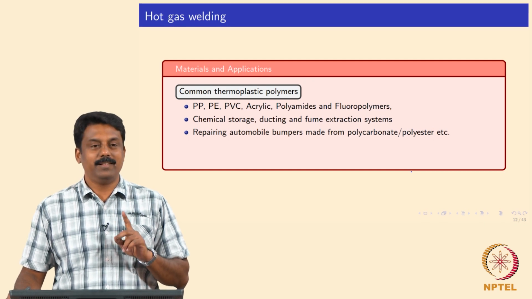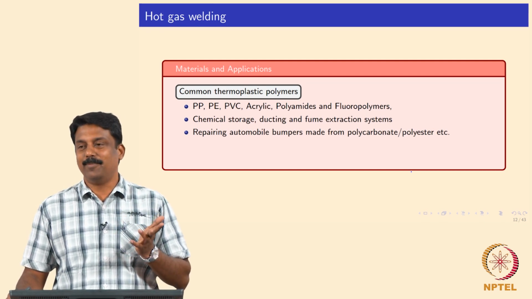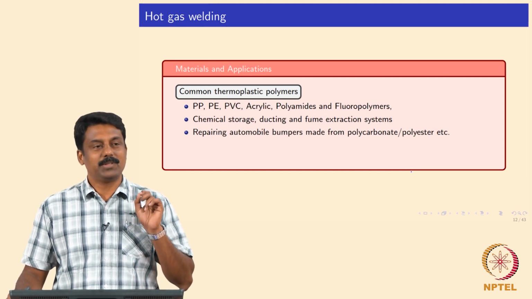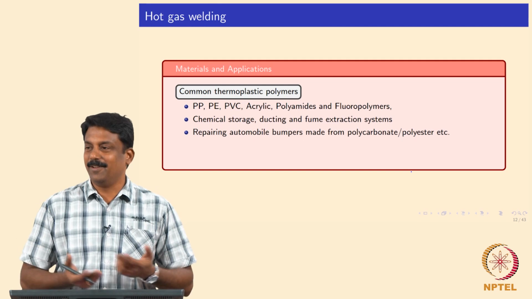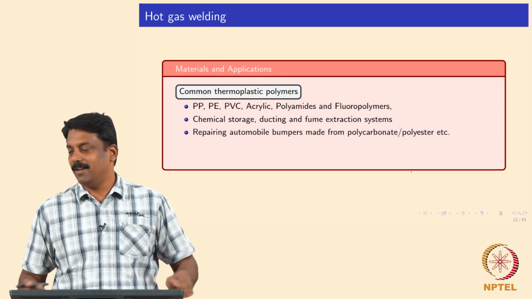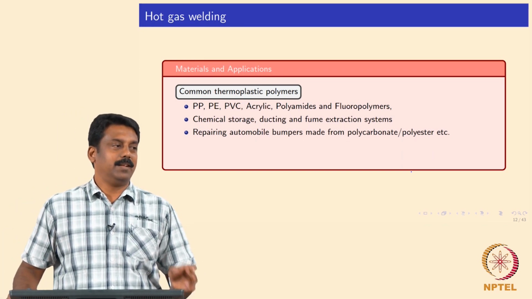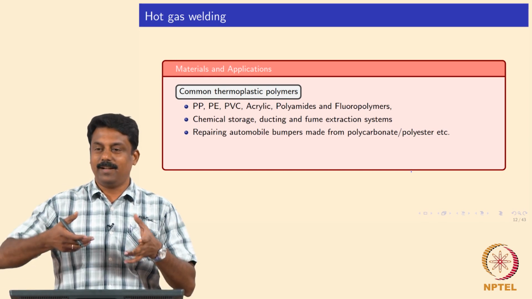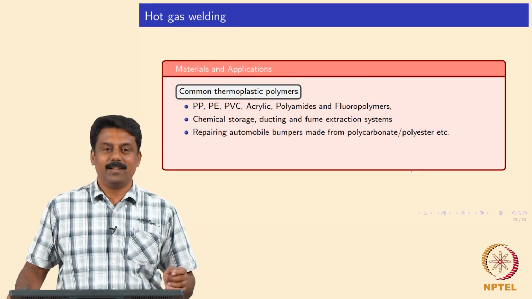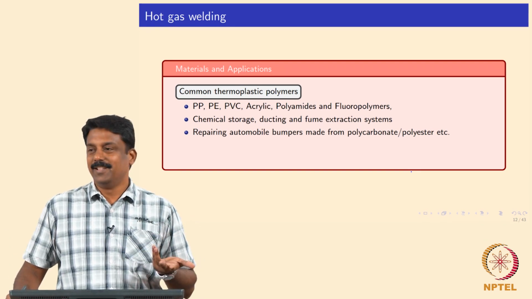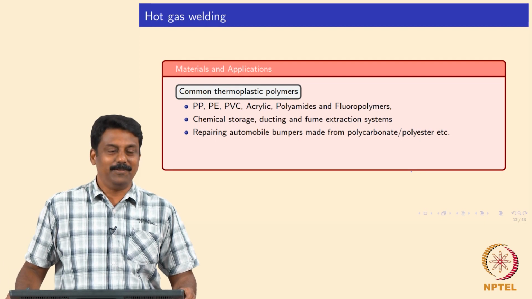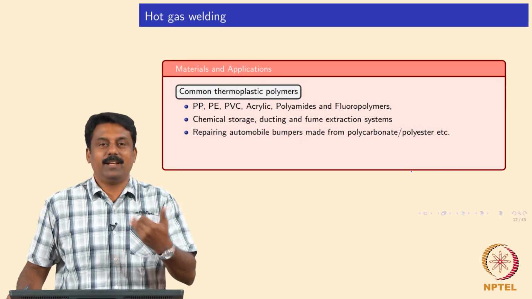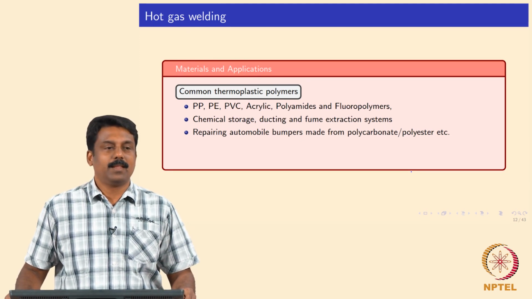So, if you hit someone or some tree or something like that, your bumper is broken, and the bumper is repaired in most cases. How many of you have seen bumper repair in an auto shop or garage? Bumper repair is done in the majority by hot gas welding. You would have a hot gun with a filler. If you look at repair, bumper repair is always done with hot gas welding, because you can add extra material, right. Good.